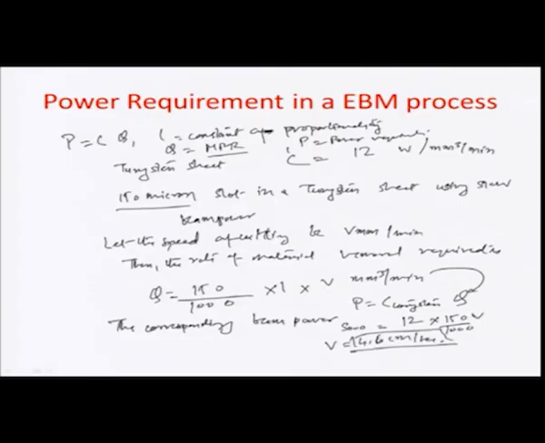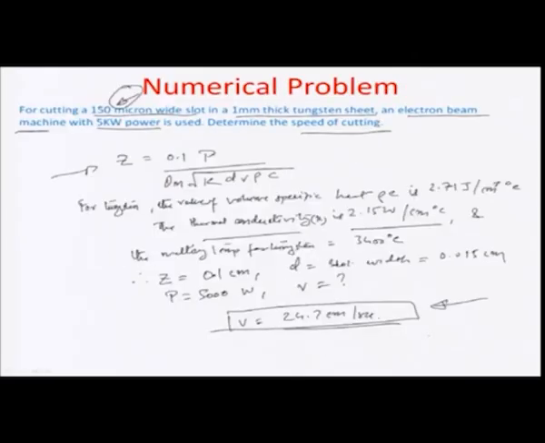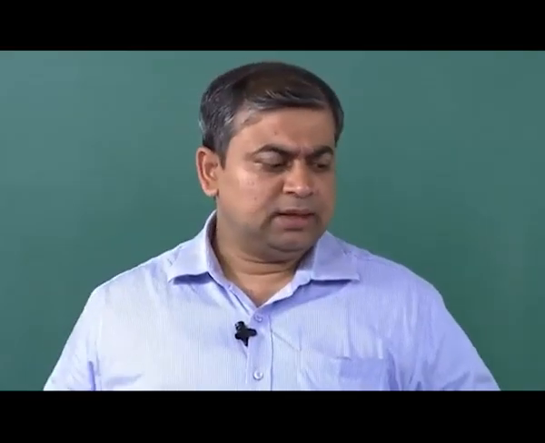Okay. So, this is much smaller, as you can see, in comparison to what we have obtained using dimension analysis and other criteria. So, in general, the actual e-beam velocity of rastering is much more in comparison to the velocity which is predicted by a simplistic equation P equal to CQ. The other